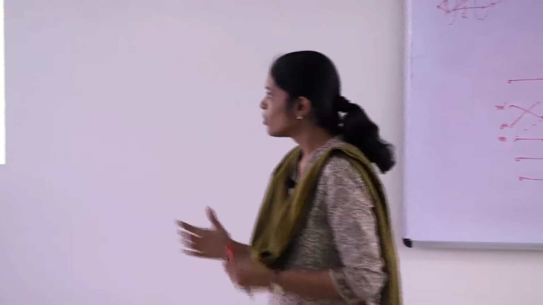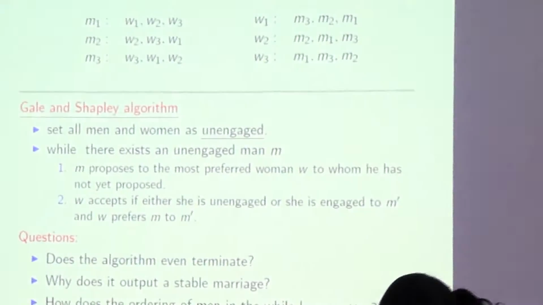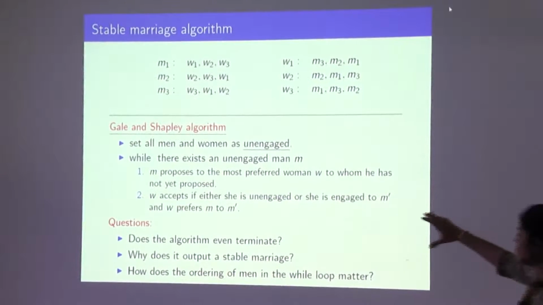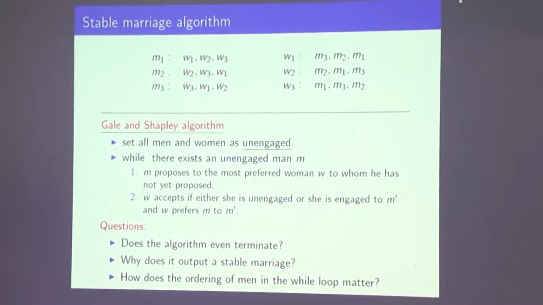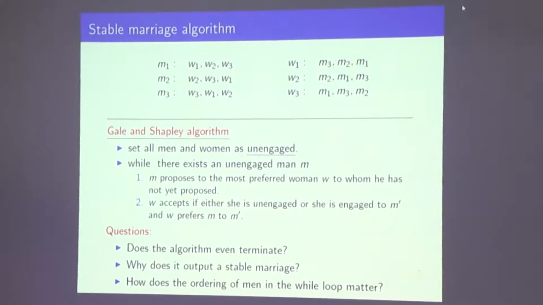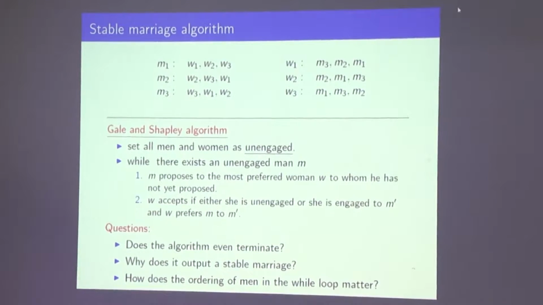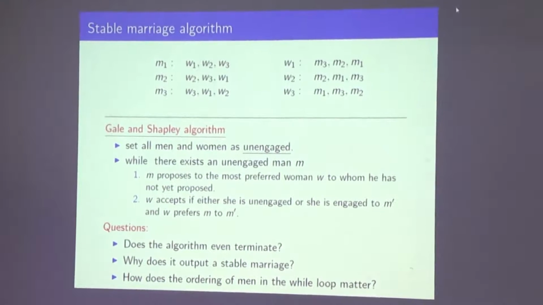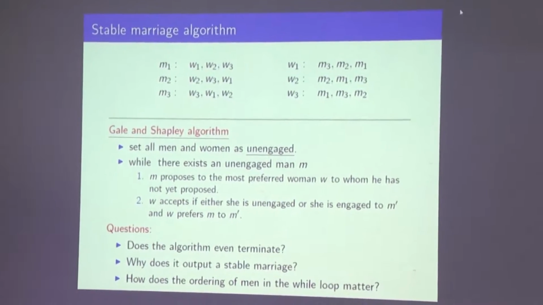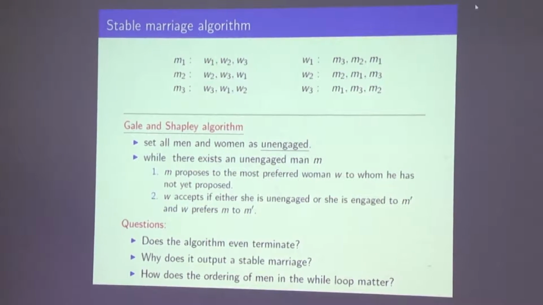So in fact, there is more that one can show. One crucial question is, we said that while there exists an unengaged man, so we did not even, just like the matchings algorithm, say give me any path that is reachable from S to T. We did not even say which man to pick up, right? So any man that is unengaged will go ahead and propose to the most preferred woman he has not yet proposed to in his preference list. And this is some amount of non-determinism, that is, you are not telling which man to pick up, and therefore there can be several orderings.